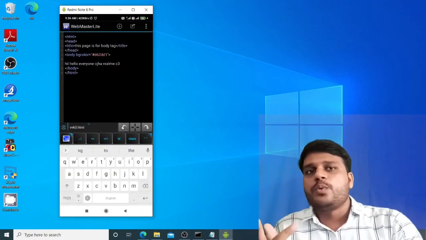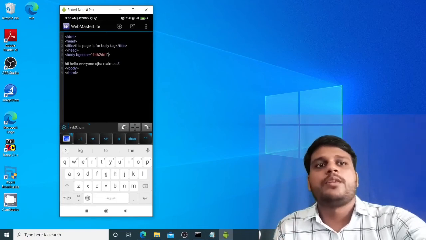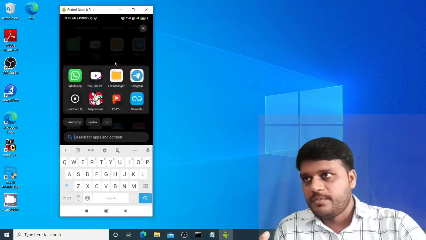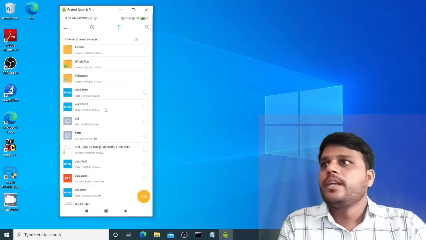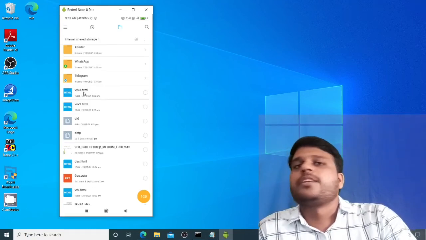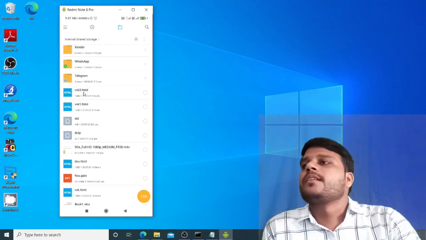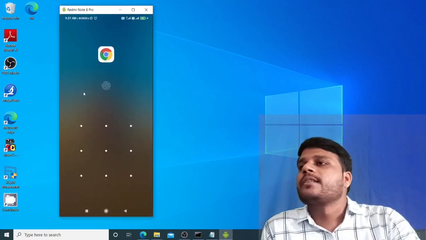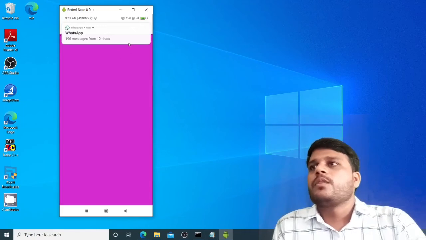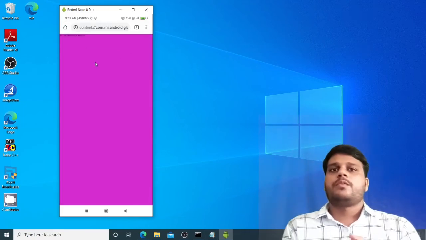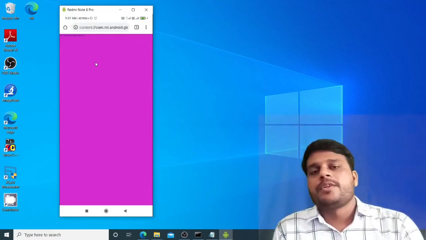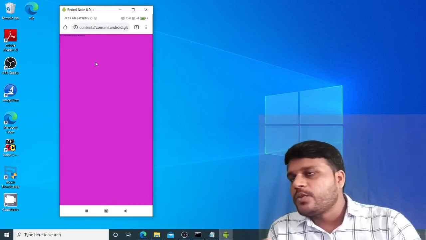Then if you want to view that document in your web browser, you have to go manually into your file manager. In your file manager, see here is your desired document vvk3.html. Okay. Then click on that, and after that you get a prompt asking from which application you want to open this document. Please select any web browser you have installed on your mobile, and here is your code.